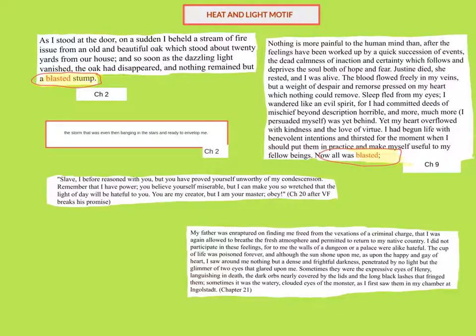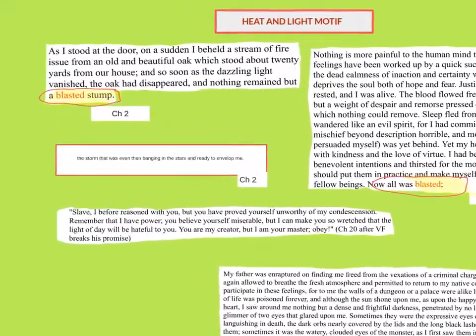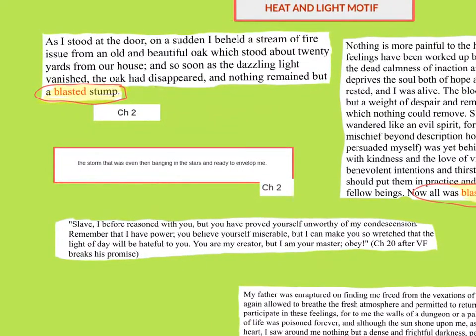So if we start to explore now the idea of man meddling with forces beyond his control, in terms of heat and light, we see this first quote here from chapter 2, in which an oak tree is utterly devastated by a stream of fire and dazzling light. The oak had disappeared and nothing remained but a blasted stump. And then just underneath that, also in chapter 2, the storm that was even then banging in the stars and ready to envelop me. So that idea of the pursuit of knowledge and trying to become a pioneer in terms